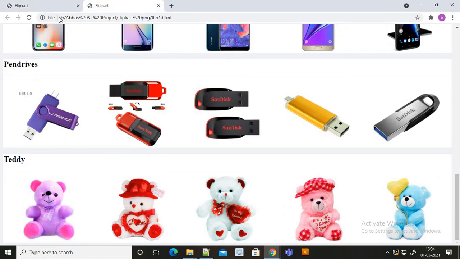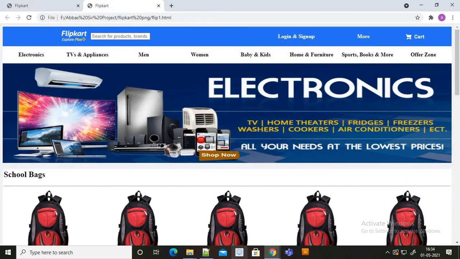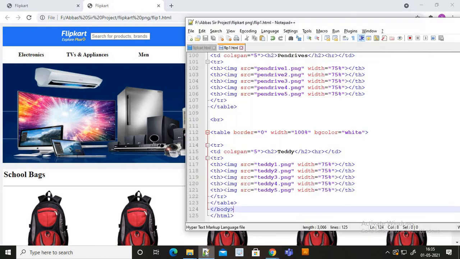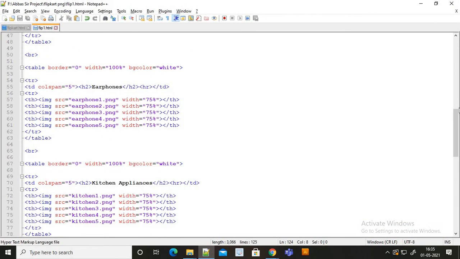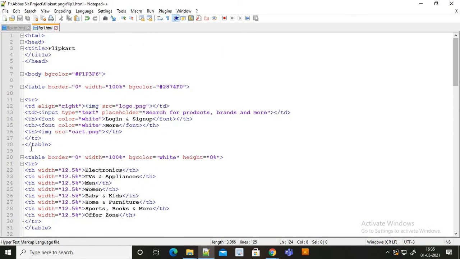So this was a simple web page, made by applying an idea and some creativity. Instead of just copy pasting and creating a basic page, we have tried to use our creativity and make the page look like Flipkart. The coding is over here, and if you want, you can copy down the coding. I'll scroll it slowly so you can note it down, but make sure the images are there. Starting the coding from here, you can pause the video and copy the coding. Slowly I'm scrolling it.